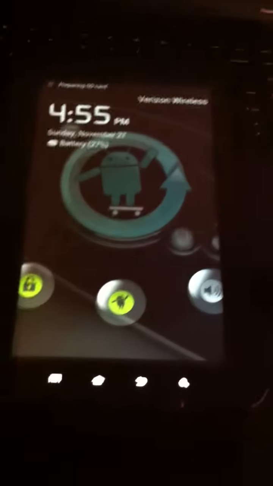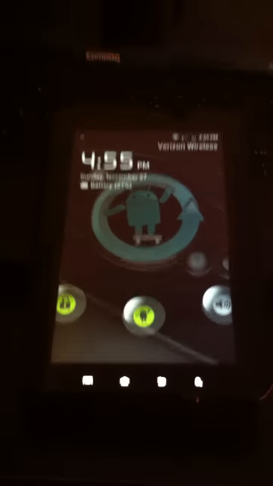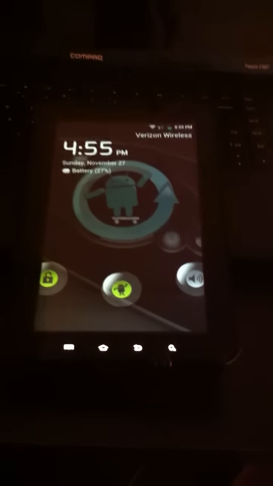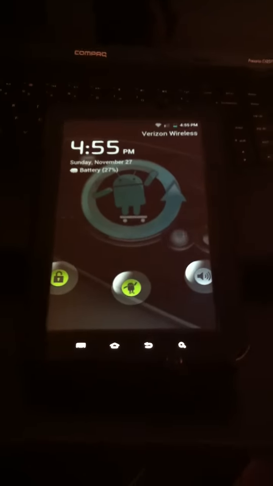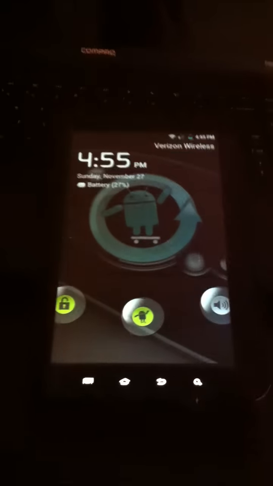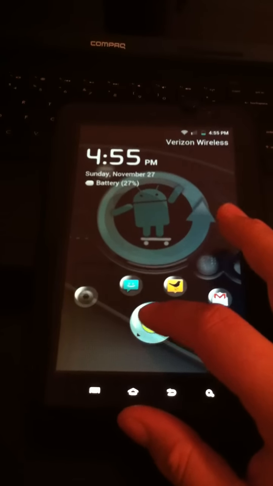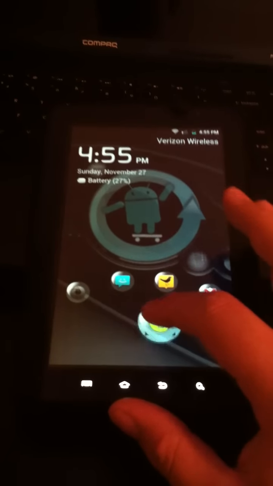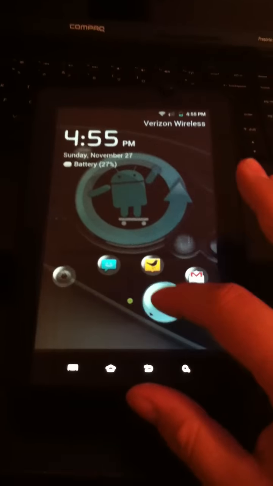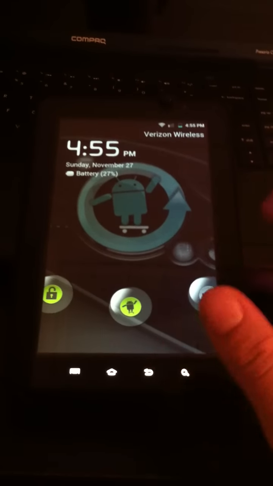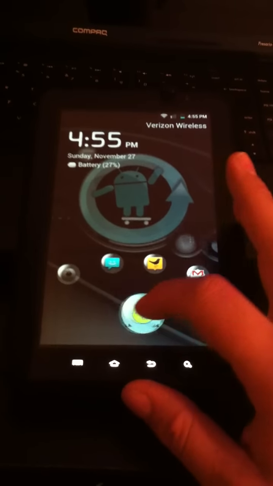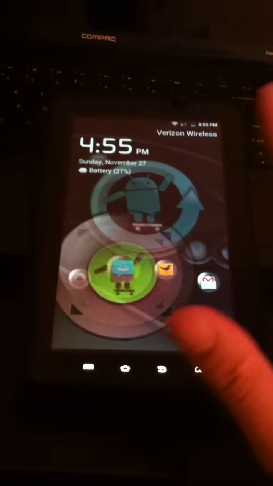So, yeah, there's the lock screen. This is not the default lock screen, so obviously I've been tinkering with it, doing some different things. One of the really cool features about the lock screen is, sort of like the HTC, you can jump into apps. I like that. You can just jump right into something. So if you want to go to your text messaging, bam, it launches up your text messages, which is pretty